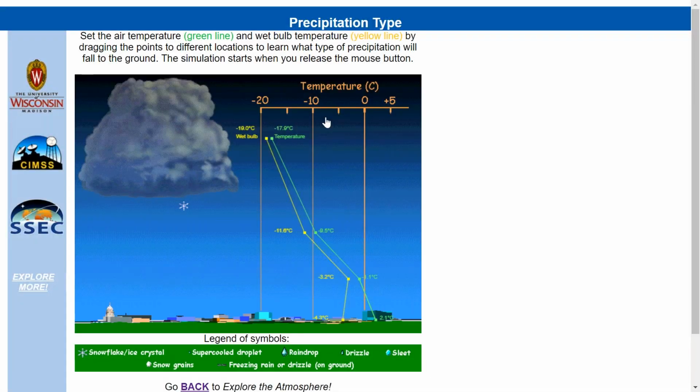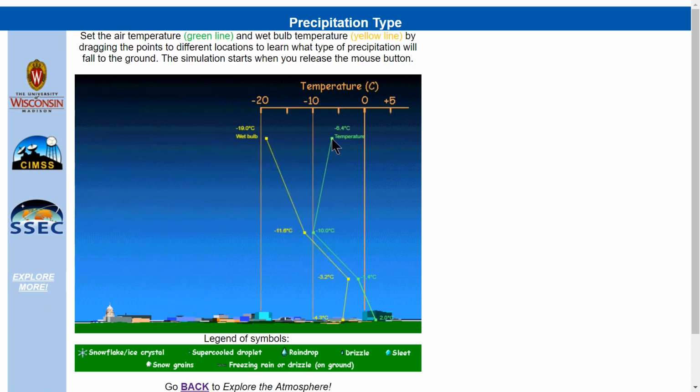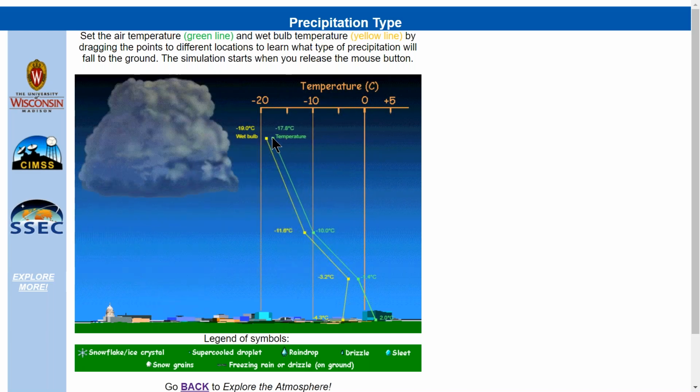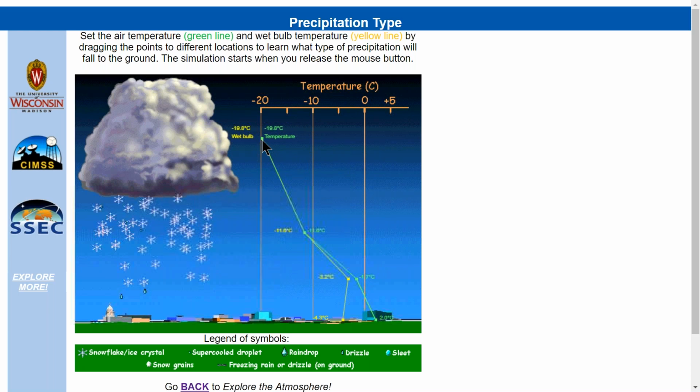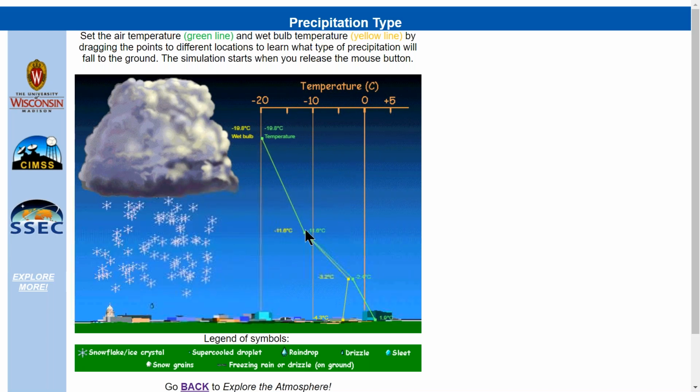Following on that one, this guy here is used to determine what type of precipitation will fall. And this is actually got some science behind it, created by the science operations officer at the La Crosse Weather Service office. Again, here I'm dragging the temperature of the cloud. And you'll notice when I saturate it, we get more stuff falling out of the cloud. But because it's below freezing, what we're getting is ice crystals.